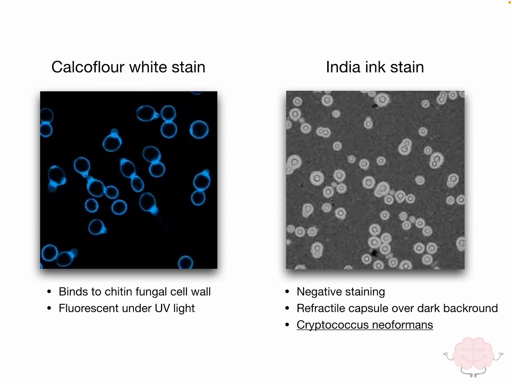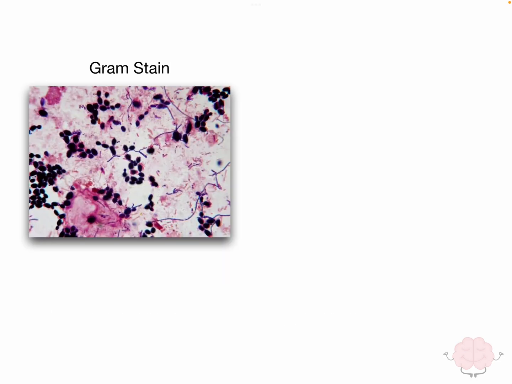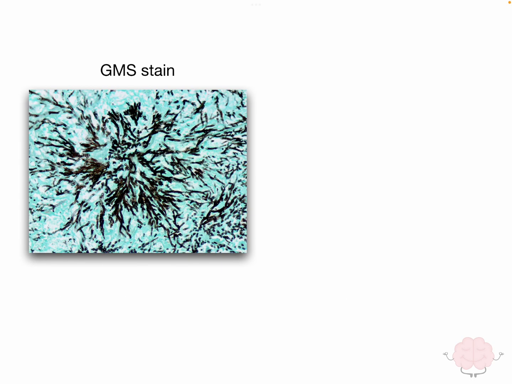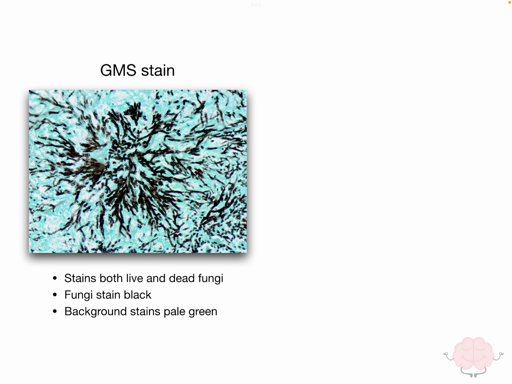We use it mostly for Cryptococcus neoformans. Next, the Gram stain. All fungi are Gram positive, and we use it for yeast and yeast-like fungi. Then the H and E stain, where hematoxylin stains the hyphae and eosin stains the background. Next is the GMS stain, or the Gomori methenamine silver stain, which stains the fungi black while the background is pale